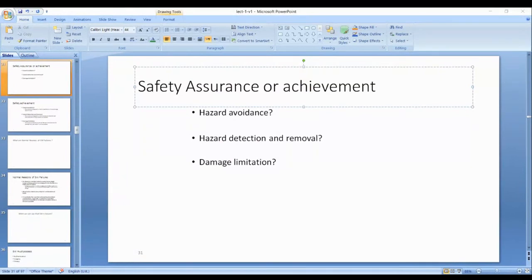But Japan has safety measurements, and because of that, not a single person was affected due to explosion of the Japanese nuclear power plant because of tsunami. So they minimize the damage. So how to avoid the hazard? Detect hazard and remove it, and try to minimize if you cannot avoid 100%.